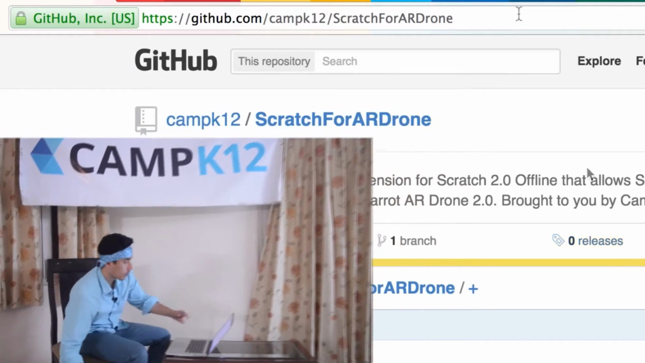So you just did all of these amazing things with this drone, and I'm sure you're wondering how you can do this at home. That's the best part. Everything you just saw, this extension we talked about and that we used to connect Scratch to your drone, we have open sourced it. So you can go onto your browser and you can go to